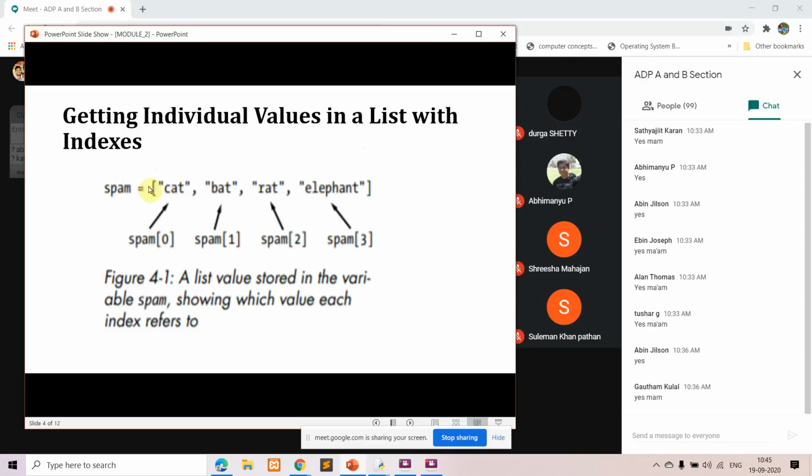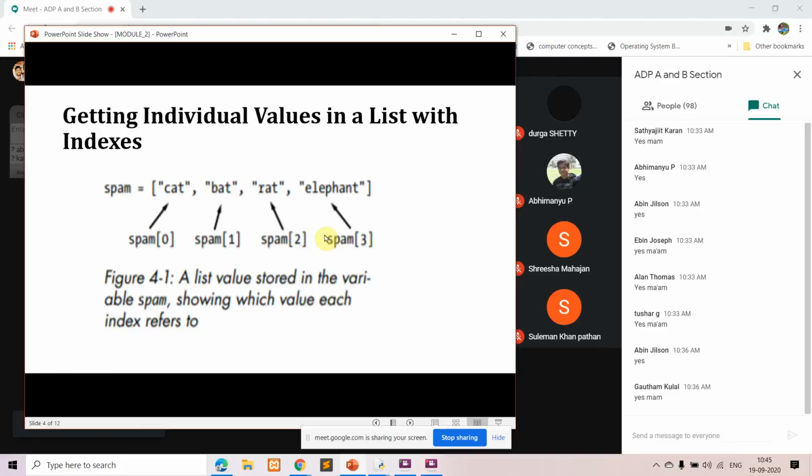So you can see here in my list which I have assigned to a variable spam, it is having the values cat, bat, rat, elephant. So these are an ordered sequence. According to that, spam 0 I have cat, spam 1 I have bat, spam 2 I have rat, spam 3 I have elephant.